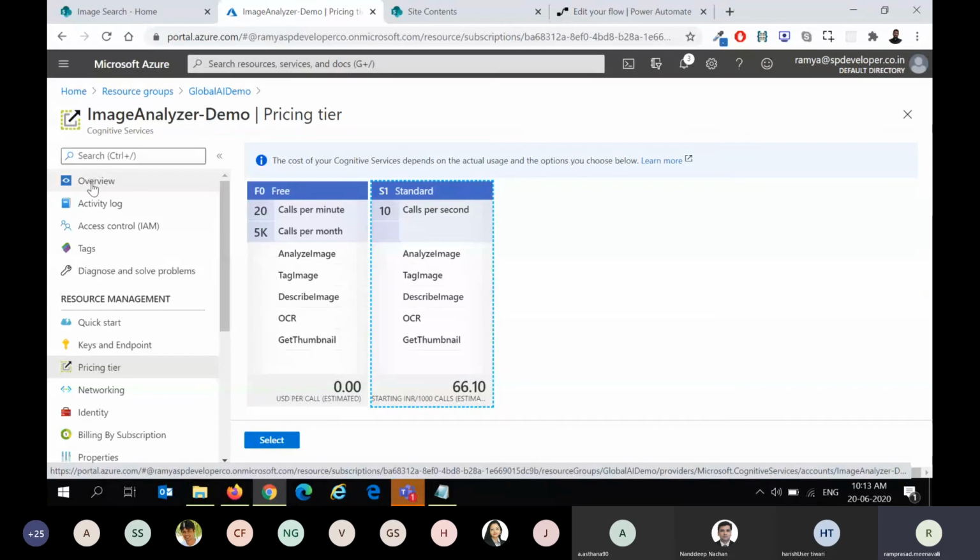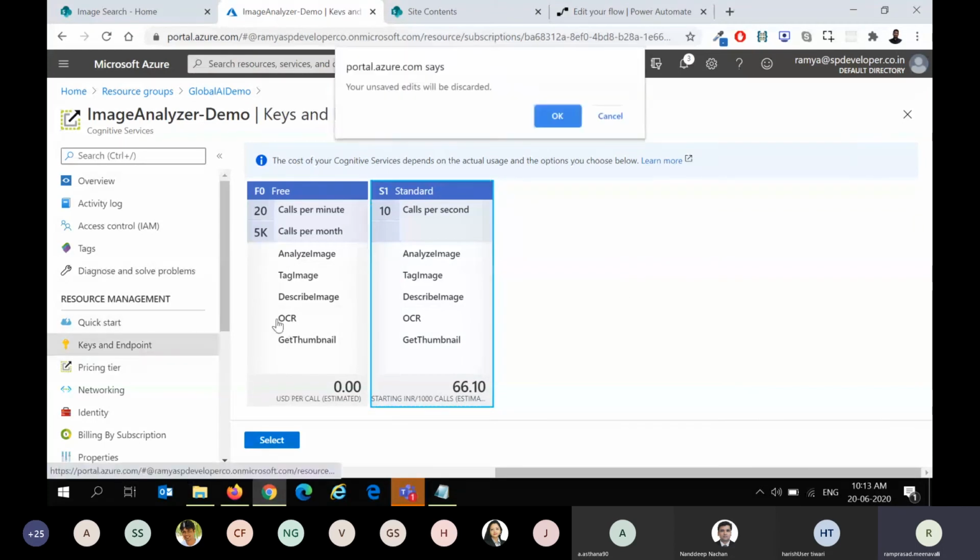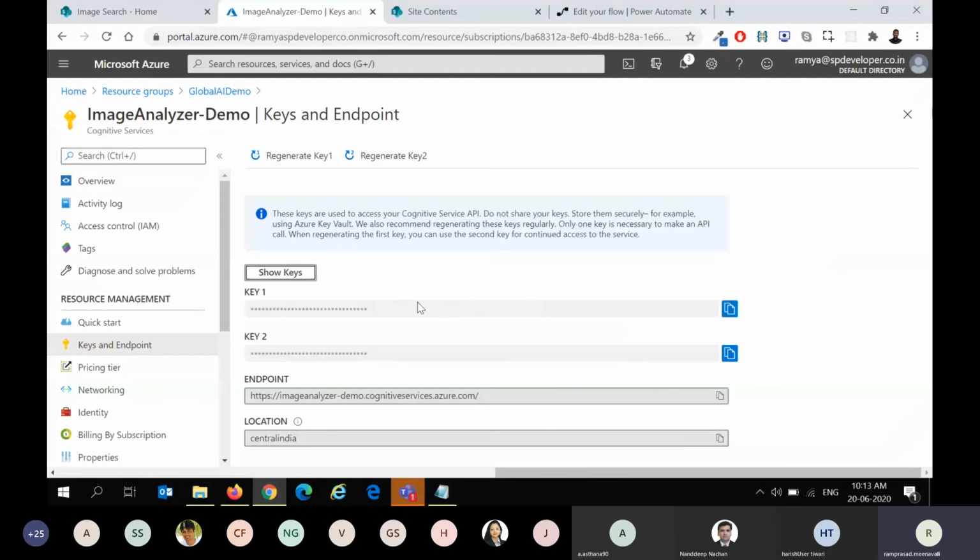So this is not specific to location again. This is where we use the containers. I'll talk about this a little bit later, where we can run the entire computer vision API within our hosted environment. This could be your own on-premise infrastructure, or it could be your own containers hosted on AWS or anywhere else, right? So these are all the things which we have to take care of while setting up your Azure Computer Vision endpoint. And then keys, like we already know, we'll need a key to access the endpoints.